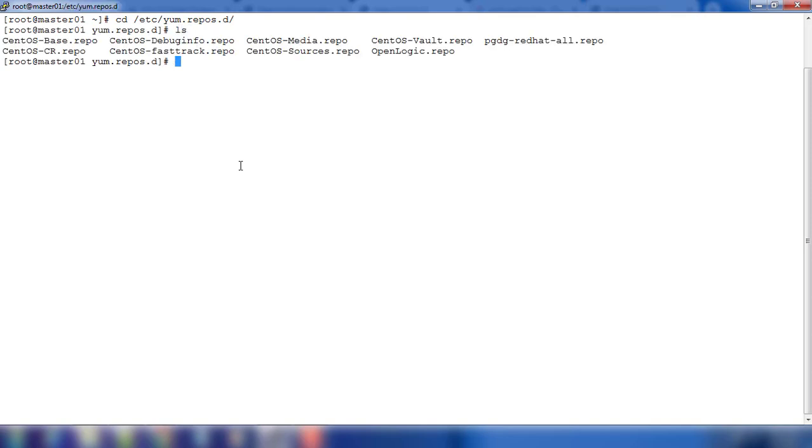In the previous video we configured a local repository and did all the prerequisites. After that we need to do a reboot. Once the system is rebooted, we will configure a repo file. For that, go to the directory /etc/yum.repos.d, and here I'm going to create a new file called